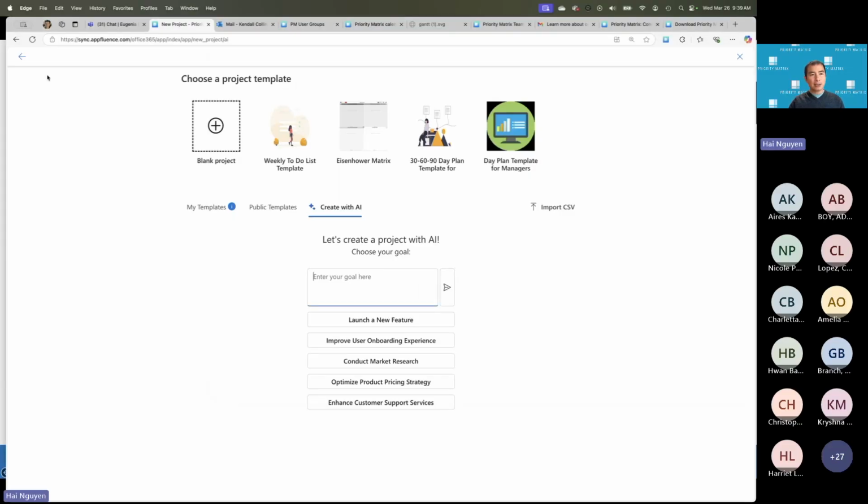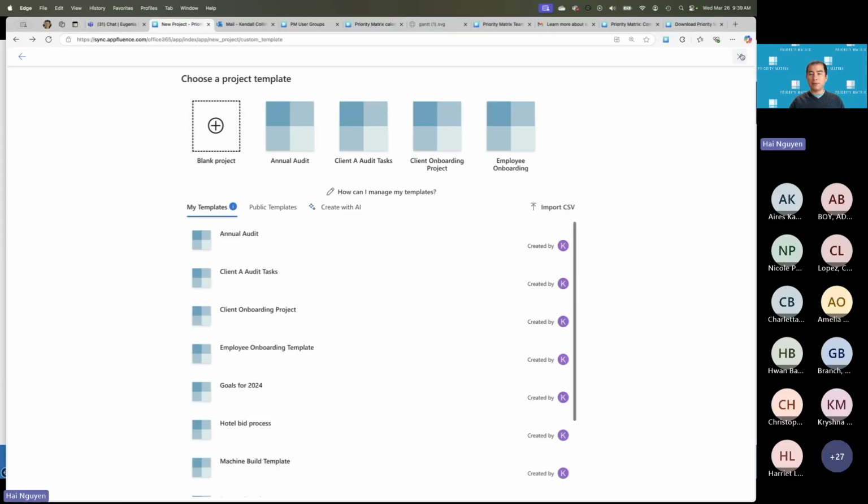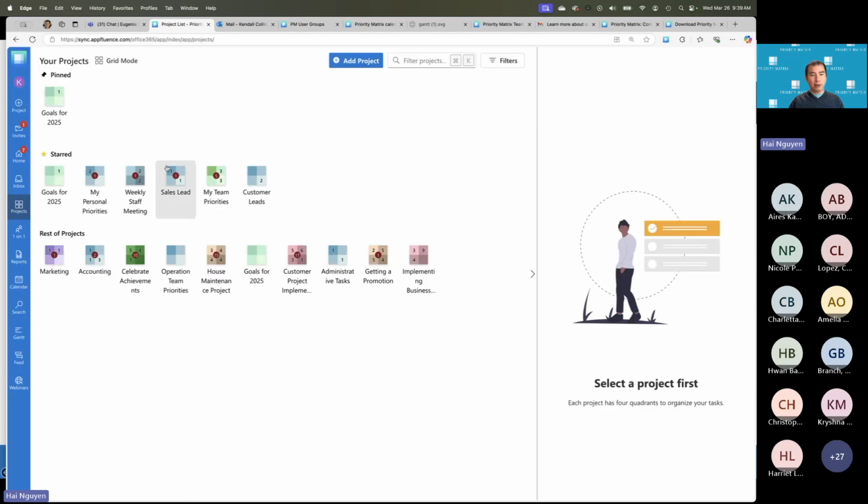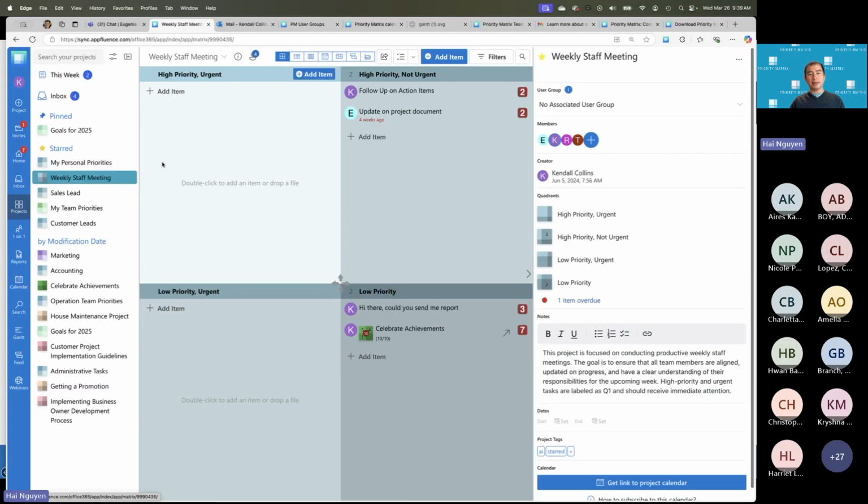So now let's go back to Matrix and take a look at a couple of other things. Here I'll go ahead and choose another project called Weekly Staff Meeting. One of the recommendations I have for you is to create a project for your staff meetings. Whether or not you're the manager, or your direct reports, or an executive managing multiple teams, just having a project for your team gives everyone a sense of where